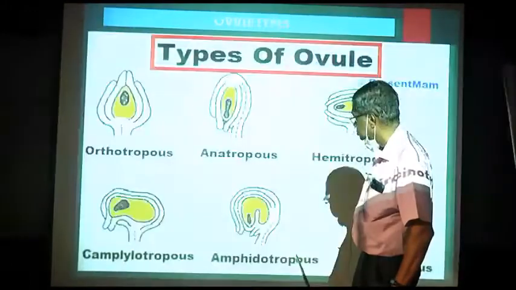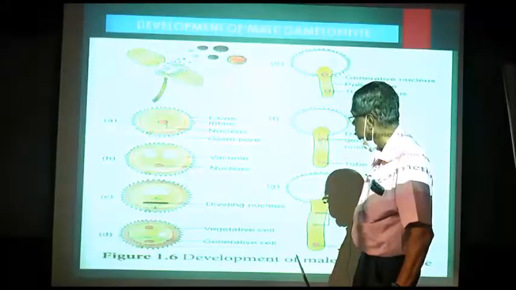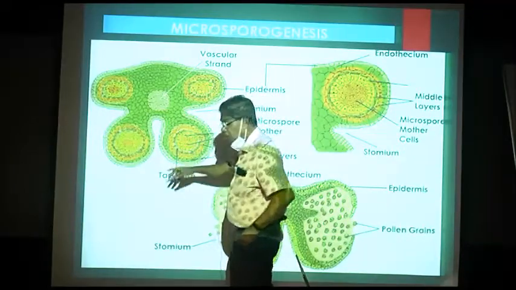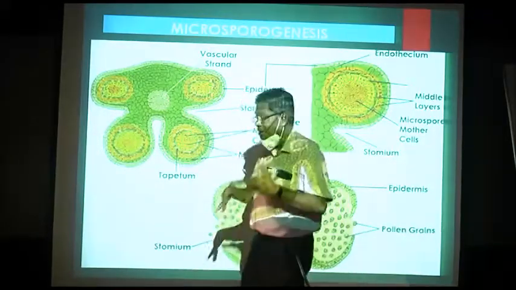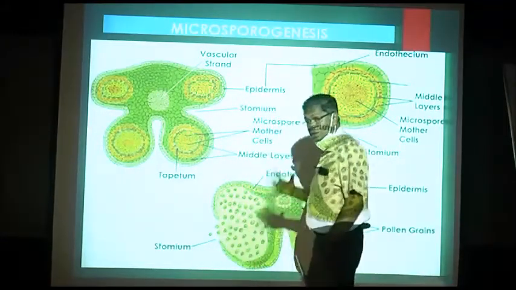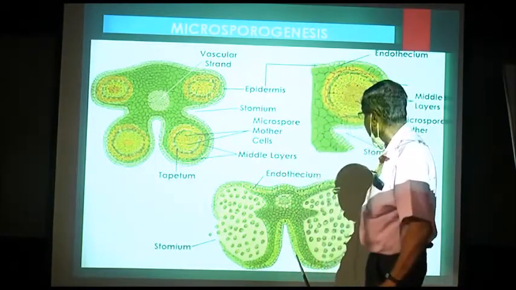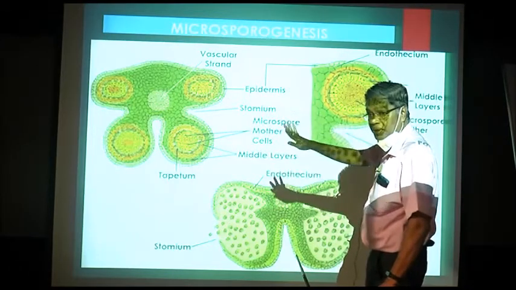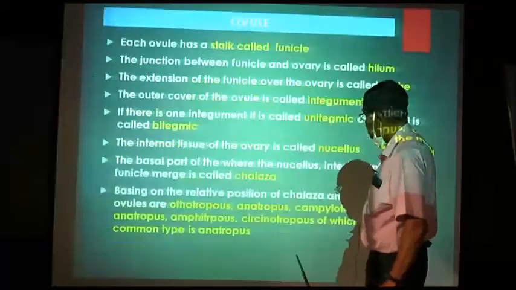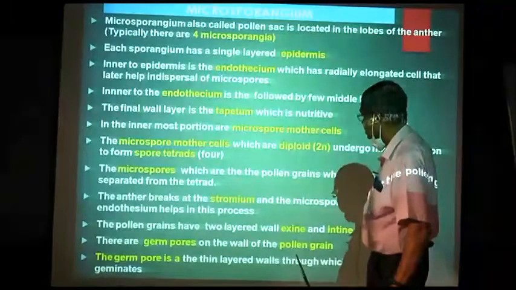How does it happen? The anther has microsporangium. You cannot write every detail in the gametophyte, it will be very lengthy. Now the anther has microsporangium. The microsporangium has microspore mother cells. How many microsporangia are here? 4. It has microspore mother cells or microsporocytes. We have seen it in some slide. I will bring you to that.